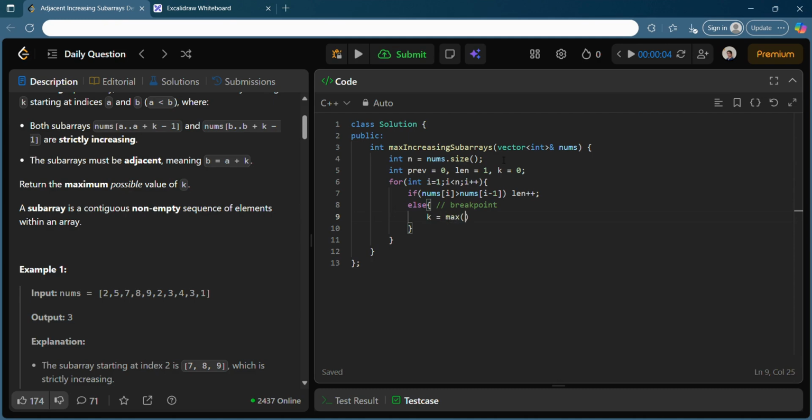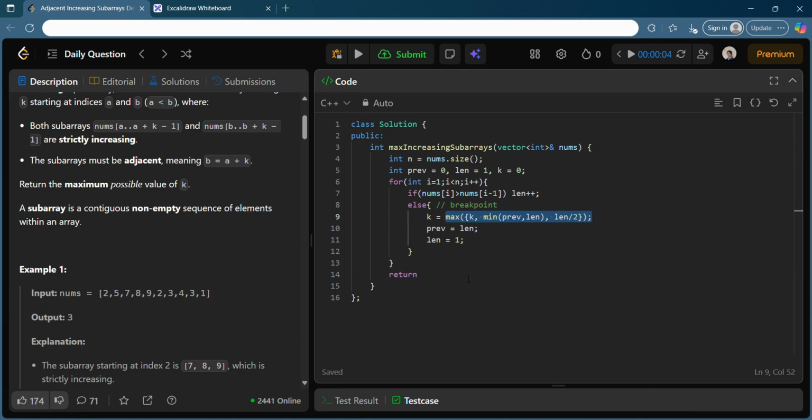Okay, so this is nothing but a breakpoint, and in this breakpoint what you could do is that you could update your answer k. Okay, so max of k comma, as I told you, minimum of previous comma len you could have done, and also len by 2 is what you should be looking for, and previous you can just initialize to n. You are just resetting the values now, getting it ready for the next iteration, as you have already got a breakpoint. Len is reset to 1 and my current length becomes my previous length, and that is all, and it will be simple enough if you just return this whole thing again.